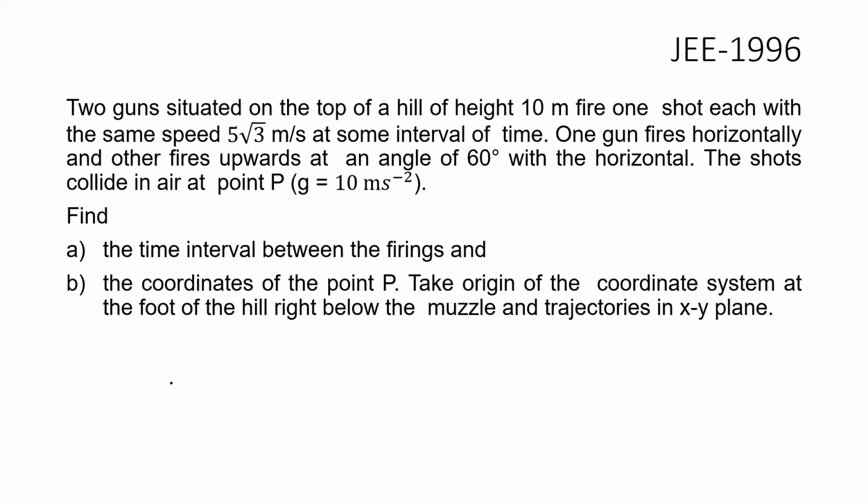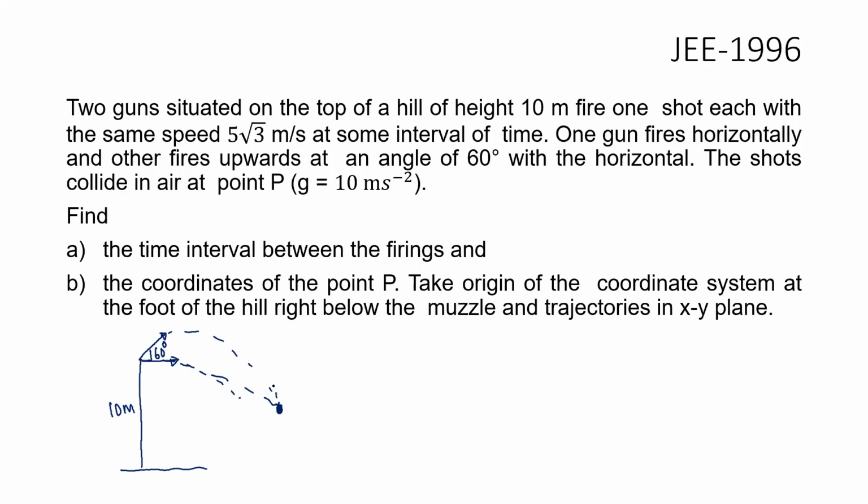Okay. So now here, I think you guys understood the fact, because this is what is happening. Let's say that's the tower, which is 10-meter tall. And then one shot is fired horizontally. The other one is fired at an angle of 60 degrees. Now, because they're going to collide mid-air somewhere here, let's say, okay, maybe I'm doing a little cheating, but they collide somewhere here, suppose.